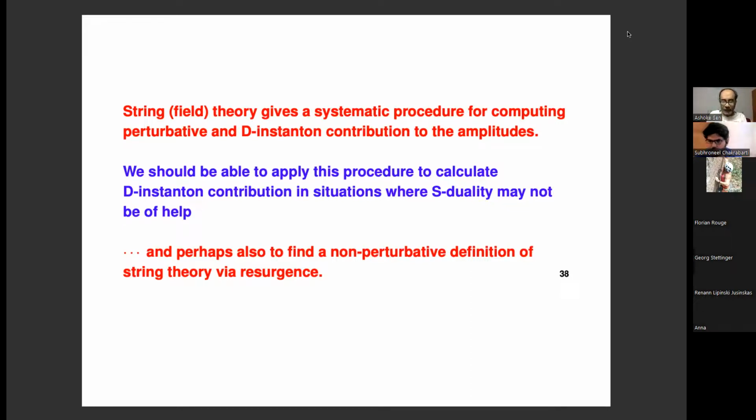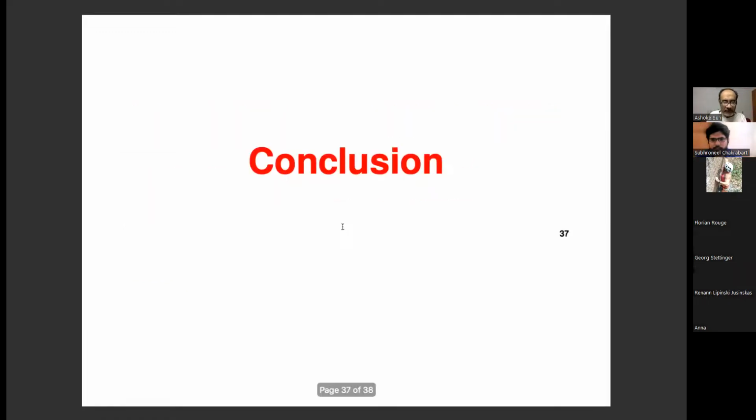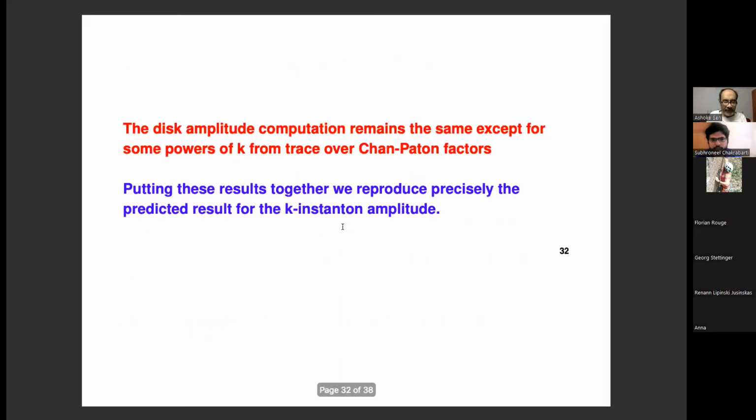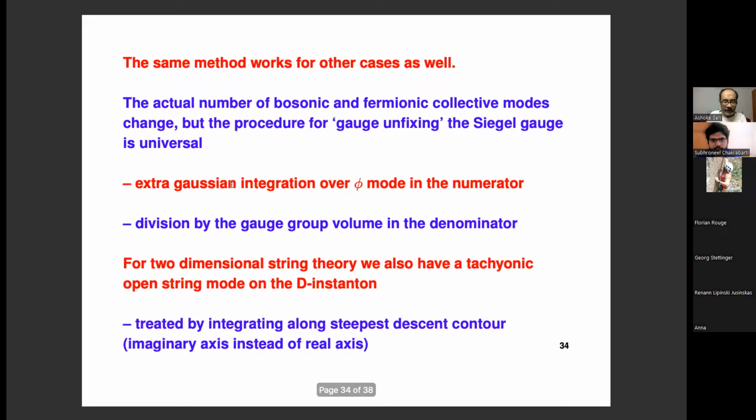Yeah, see, linear dilaton background, of course, this two-dimensional string theory procedure that I described. Right? Let me go back. This two-dimensional string theory, in fact, does have a linear dilaton. Right? Because there's a Liouville. It's Liouville plus the free field. So it works quite well even in this case.